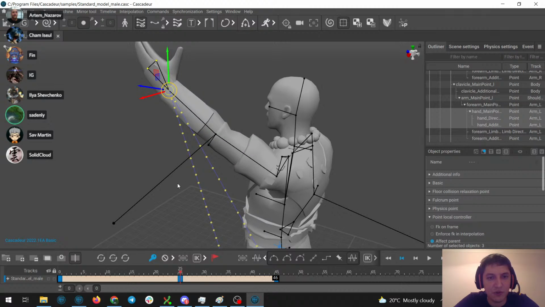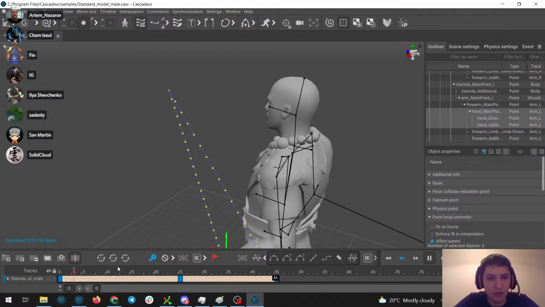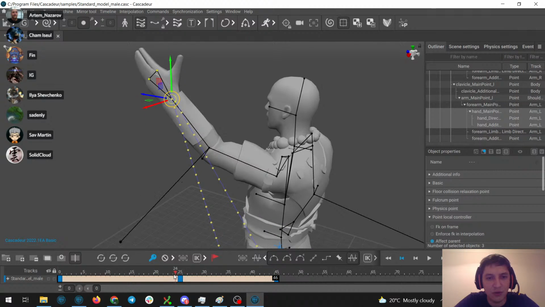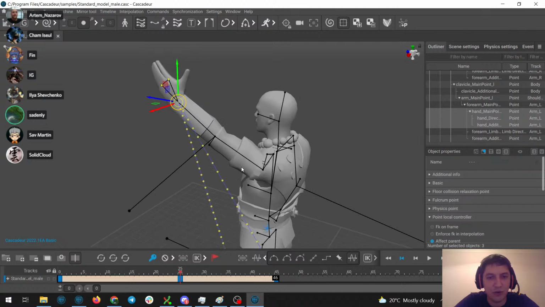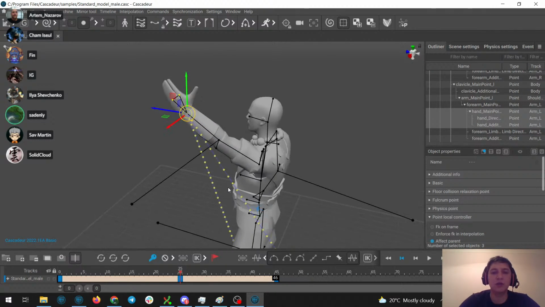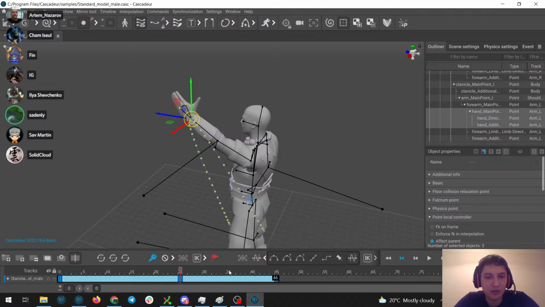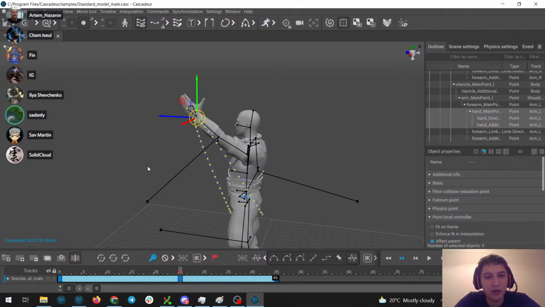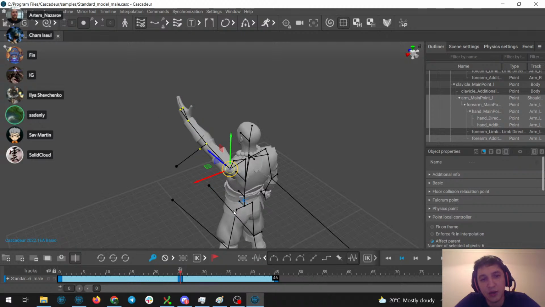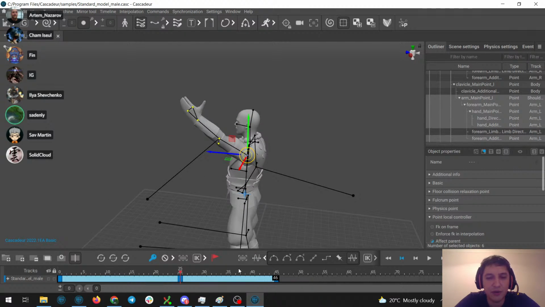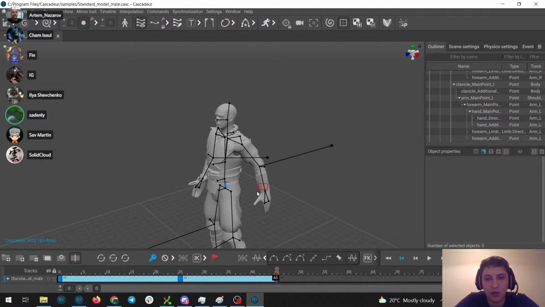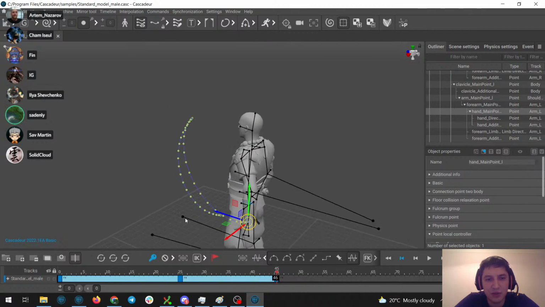It will be even more obvious if I do it like this. If I play the animation, you can see how it shoots the arm here and there. So that's a problem. I want my rotation to move in an arc. I want my hand to move as an arc, and then the only option I have is to put on FK interpolation, and now it moves as an arc. Might not be ideal in some ways, but still it moves in an arc.